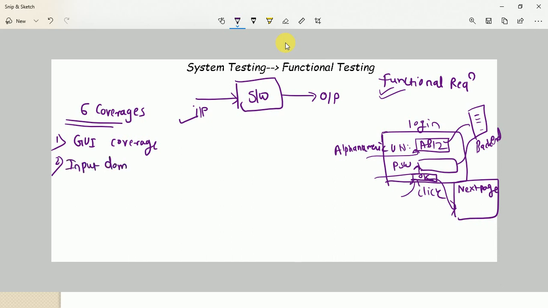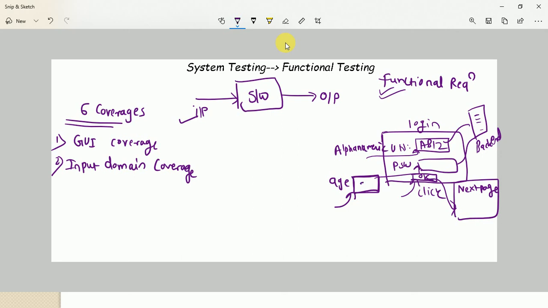At the time of input domain coverage, the tester can test the input. We need to validate the input, whatever the user is writing, whatever data you are passing, and that data needs to be verified by this input domain coverage. Let's say there is a particular field available, the age field. Here we'll get to know that the user can enter only numeric data.